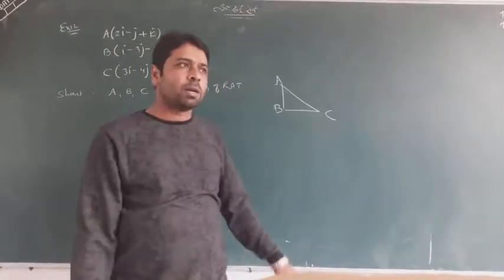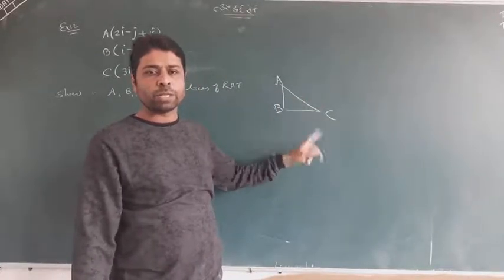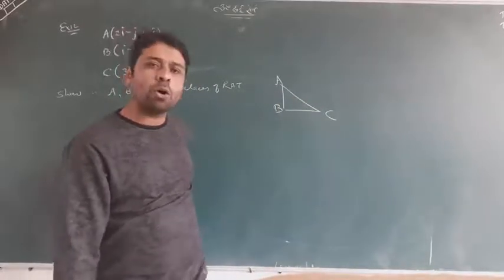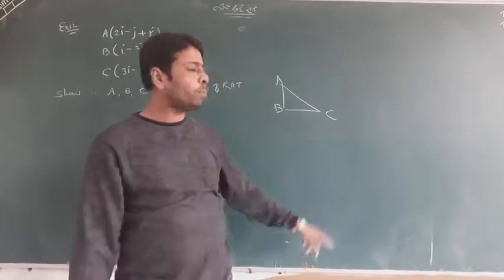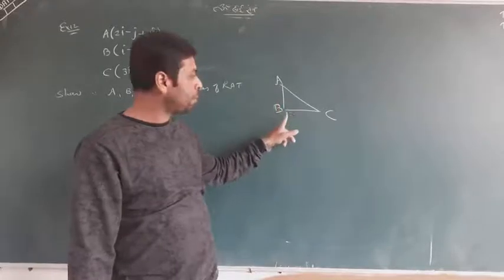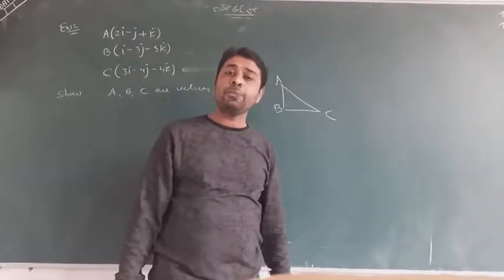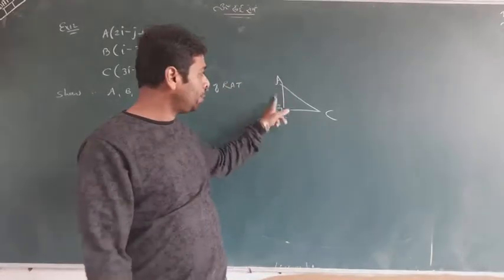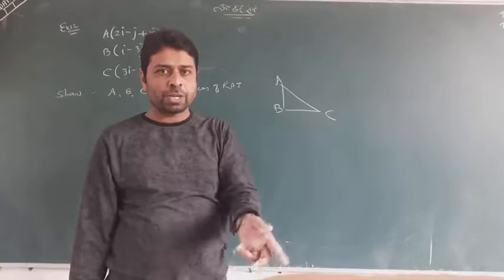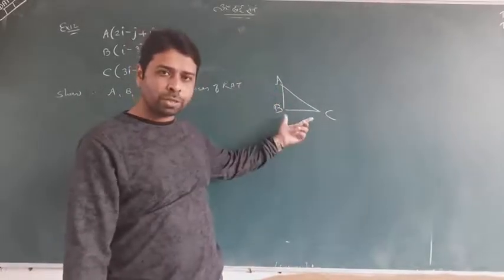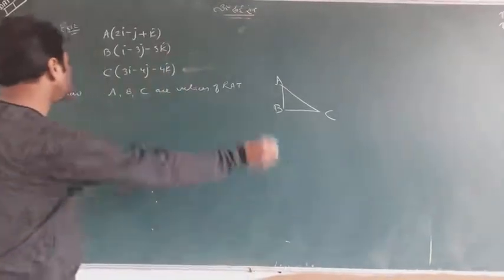which says the square of one side is equal to the sum of squares of the other two sides. So okay, I will find all three side lengths. Again I say that I am not sure AB is here, AB may be here, BC may be here, something like that. So first of all I will find all three vectors AB, BC and CA, then I will find their distances. So what is the length of AB, the length of BC and the length of AC, and then I can use the Pythagoras theorem. Look, I tell you.